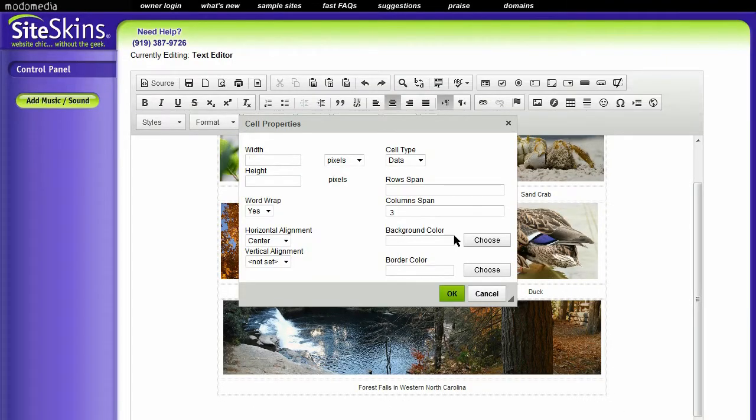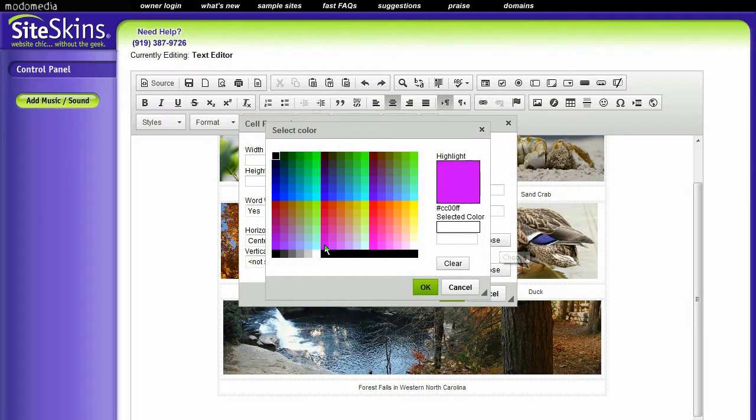We can choose a background color right here. For this illustration, I'm going to choose pure black. And if you have your own color value, you can put that in here, for example, if you generate one in Photoshop or pluck it from an image. So I'm going to use pure black